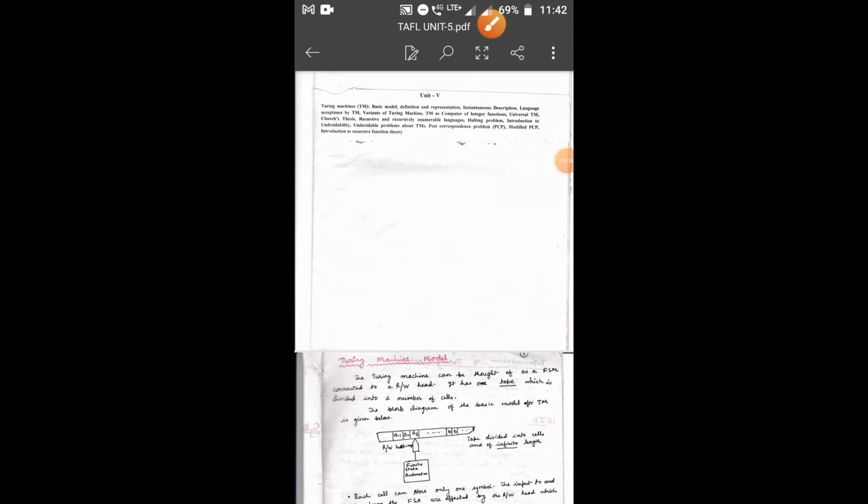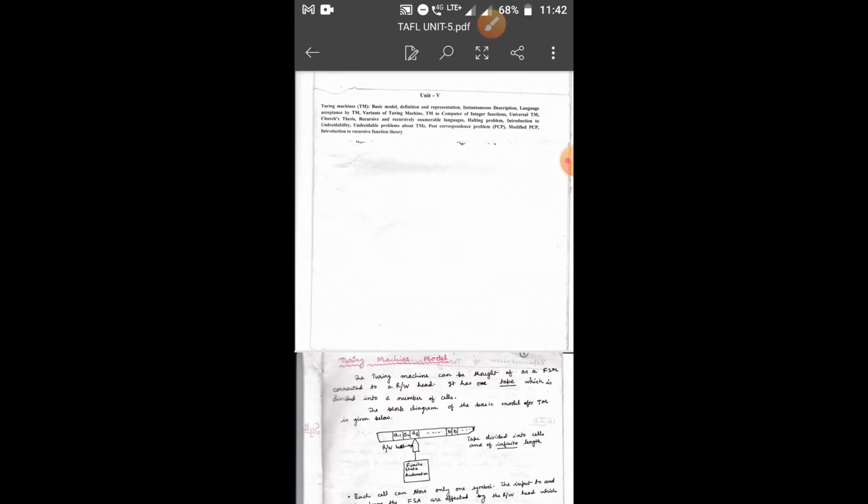So many things we have learned in the first unit, because some basic things are not going to change in any type of automata, like acceptance of strings, how we are accepting the strings, how we are using the transition rule.